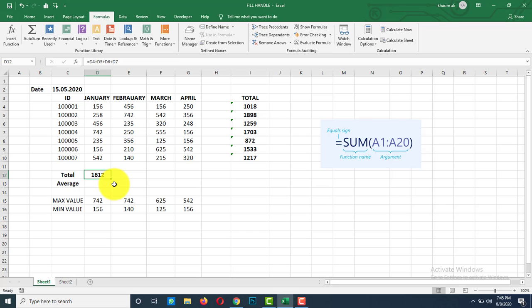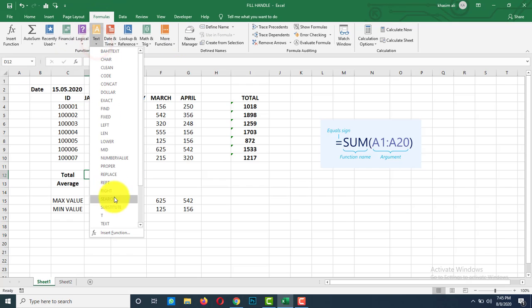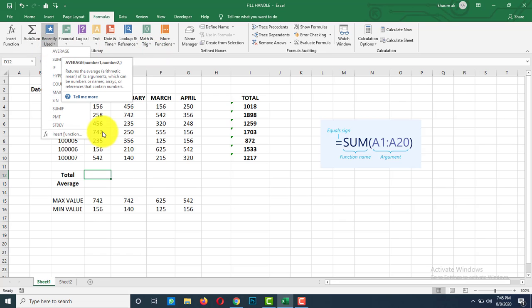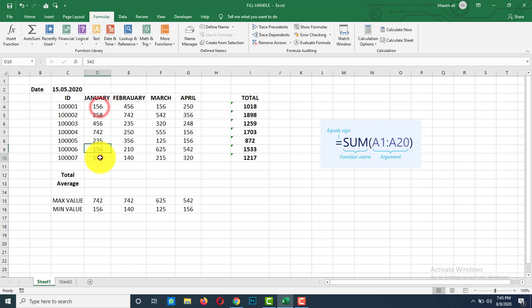There is another method to insert a function. If you don't know the function name, then also you can insert it from the functions library. For example, select the cell where you want to insert your function and go to function library. From here you can select your function. For example, I am going to add these D4 to D10 values.